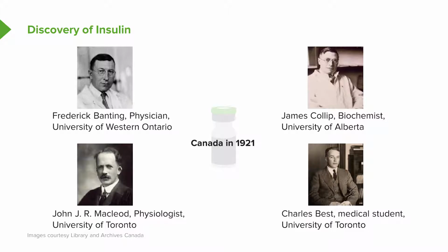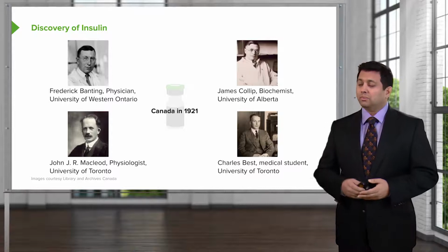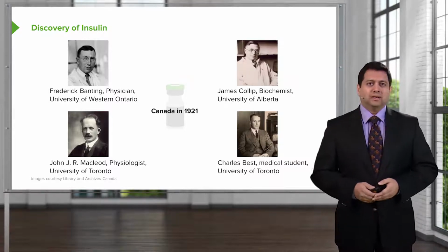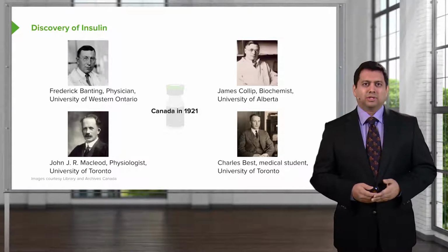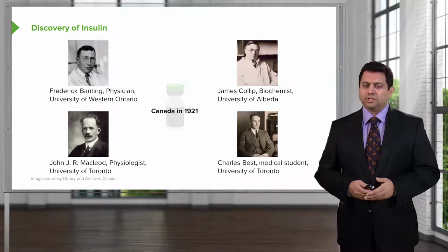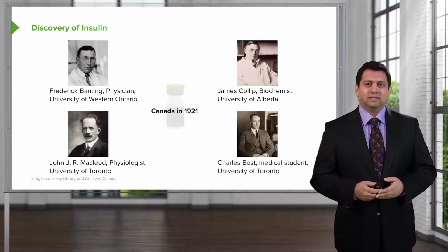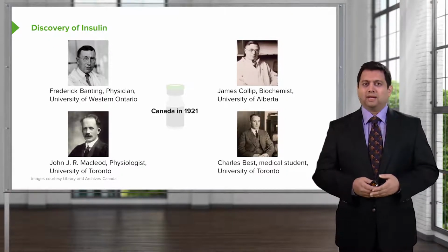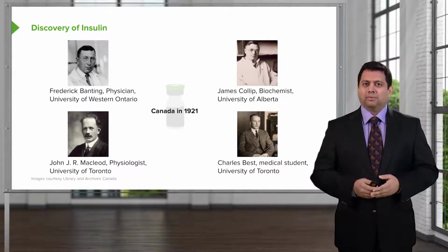Now, Charles Best lost the lottery in terms of which job and which research project he was going to be working for. When he found out that he was going to be working for Frederick Banting in the summer of 1921, he actually tried to give away his research clerkship to somebody else. That other medical student ended up taking a more popular position, relegating him to the ranks of people we don't know anything about. Charles Best then kind of said, okay, I'll work with this guy. We know that he's kind of mean and mean-spirited, but I'll work with him.